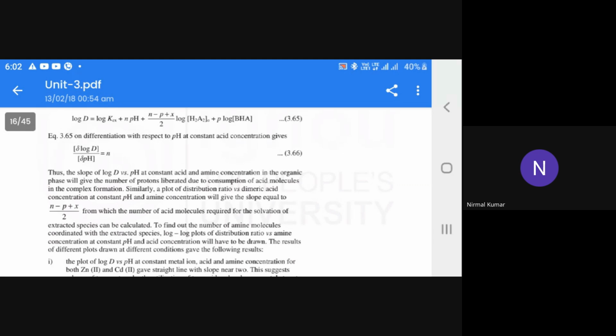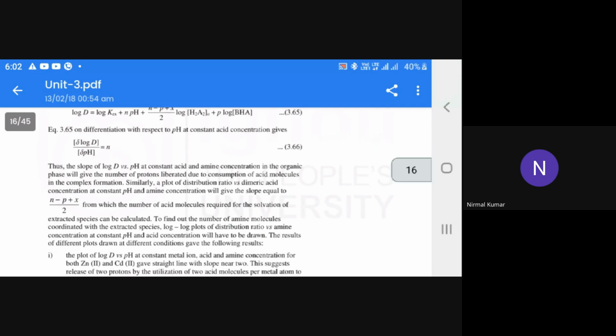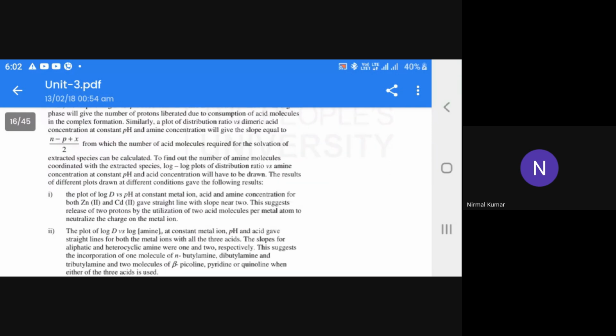So from the plot, different plots drawn at different conditions will give the following result. The plot of log D versus pH at constant metal ion, acid and amine concentration for both zinc and cadmium gave a straight line with slope near 2. This suggests release of 2 protons by the utilization of 2 acid molecules per metal atom to neutralize the charge of the metal